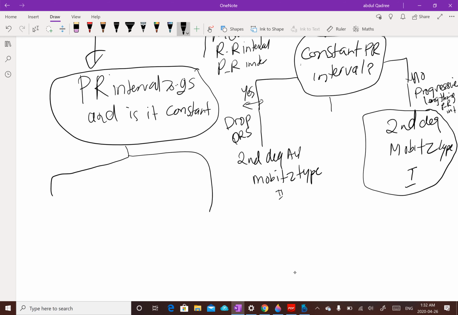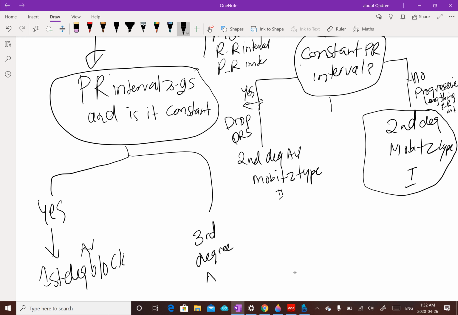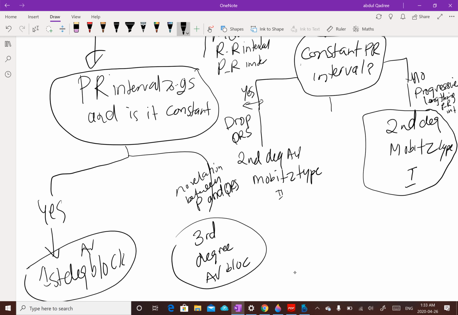If it's yes, then we have first degree AV block. If it's no, then we have third degree AV block, and of course there will be no relationship between P wave and QRS. So that's why we'll have third degree block here, and we'll have a first degree block here,